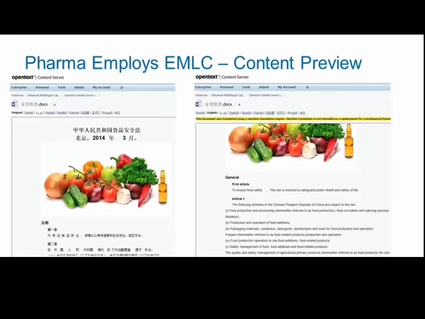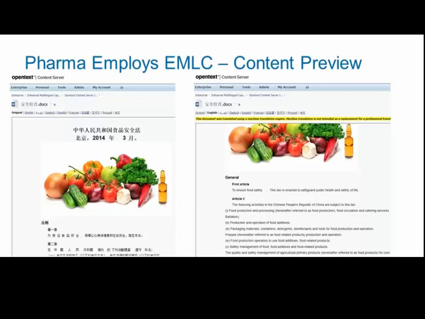The idea here is that perhaps you've received a link from somebody who wants you to check out a document, or it's come up in a search result. You open up the document. It looks like the one on the left, for example, and perhaps you are unable to read it. It's a document that's come up because of your search query, safety report in this case, and you need to know, is this something that is relevant to my search? Do I need to action it further, or is it sort of a false positive?